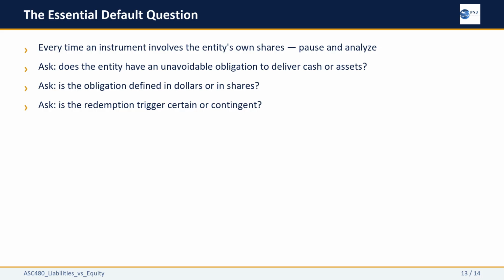Share-defined at a fixed count means equity. Is the redemption trigger certain or contingent? Certain means Category 1 liability. Contingent but outside the entity's control means mezzanine. These 3 questions, asked consistently, catch the vast majority of ASC 480 issues before they become audit findings or